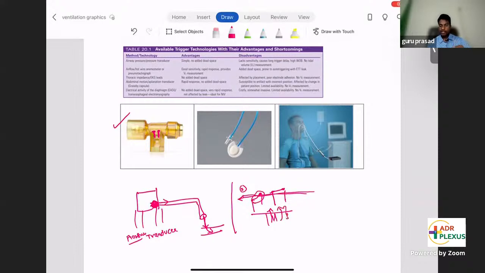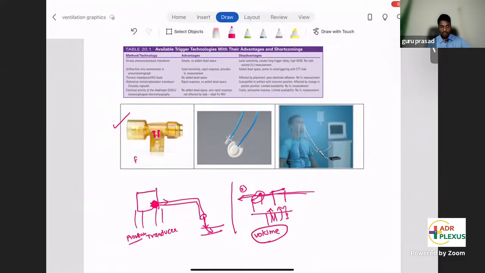So based on the amount of electricity required, the ventilator will decide the amount of flow, and based on which side electrode is getting cooled first, it will identify the direction, whether the patient is inhaling or exhaling. And based on this flow also, the volume is calculated. So this is the latest technology. This is also known as hot-wire anemometer technology,